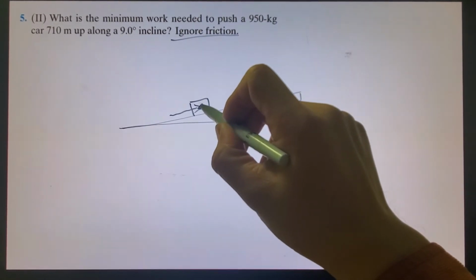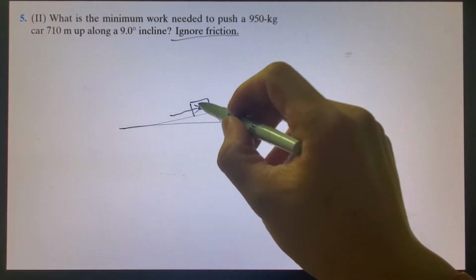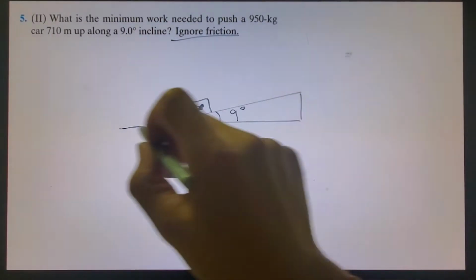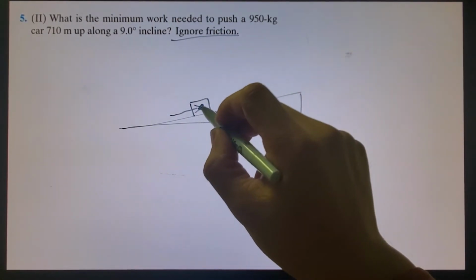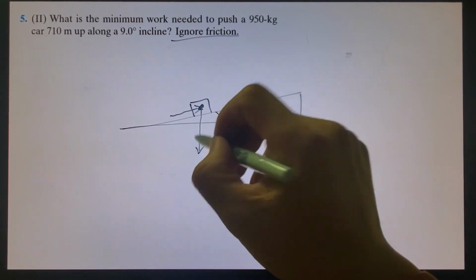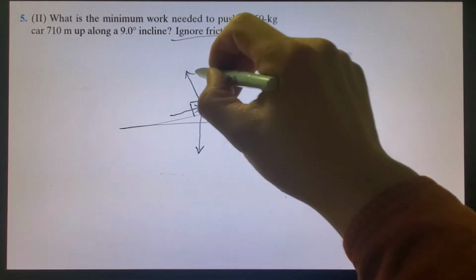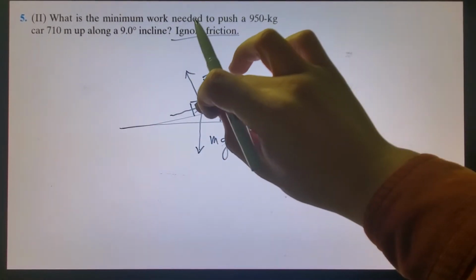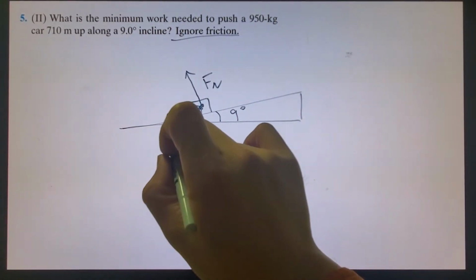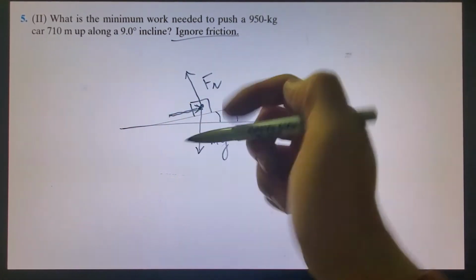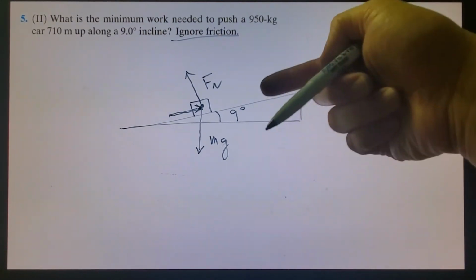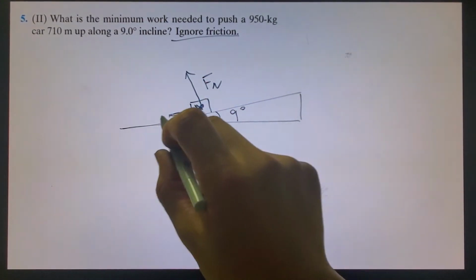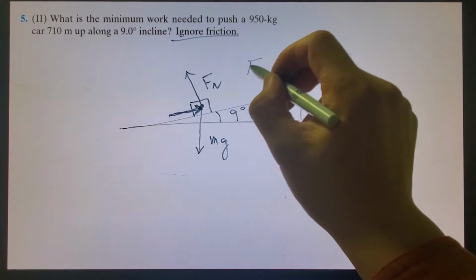Let's put this down. What would this object face? If you draw a free body diagram, if it stays on ice, that means you have gravity and a normal force. If you only have these two forces, then the resultant force will be in this direction. So somebody must be pushing it this way. Otherwise, if this is ice on an inclined plane, it must go down. And this force is equal to this inclined force,